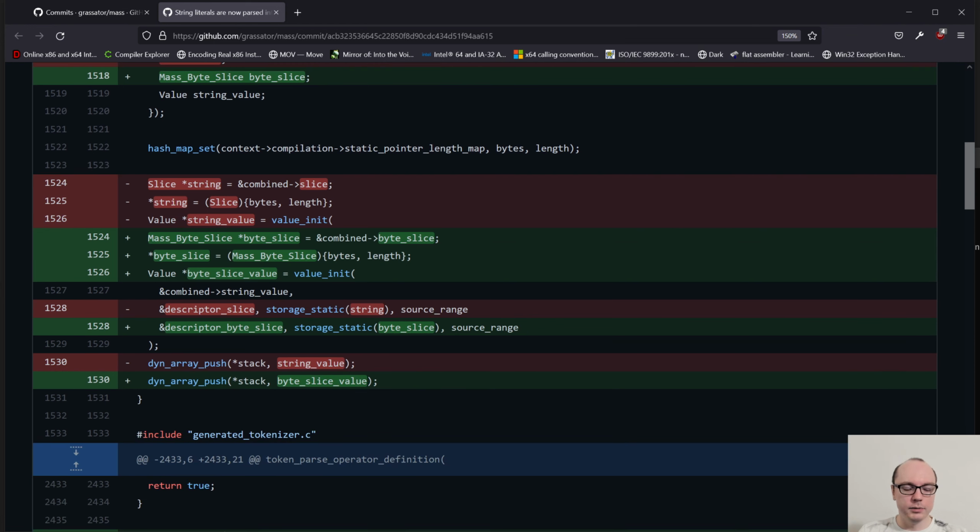But for now, I decided it might be easier to just say that the type is actually what it was before, except for the brand. So this is sort of an anonymous tuple that has bytes and length stored in it, and that means it will be assignable to anything that has bytes and length and that has correct types. So the bytes is a pointer to characters, and length is an I64 or U64, whatever, just as long as